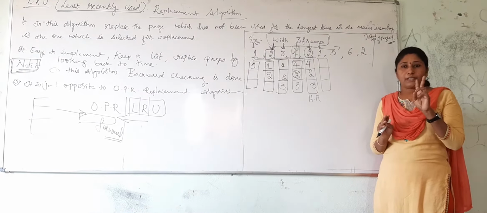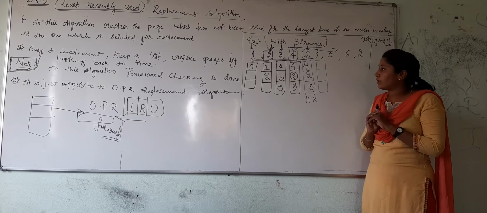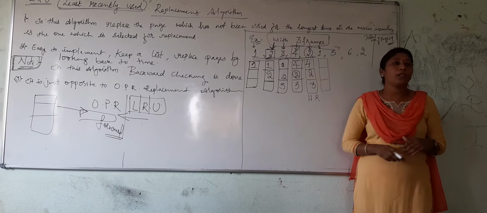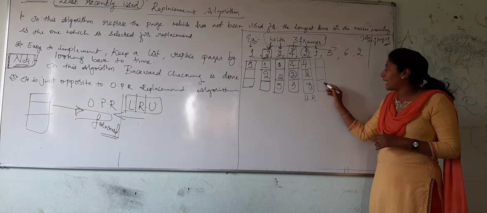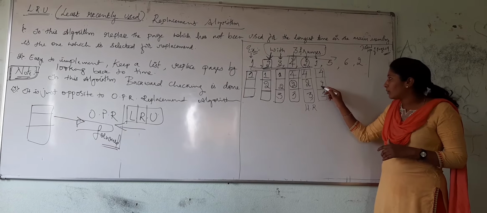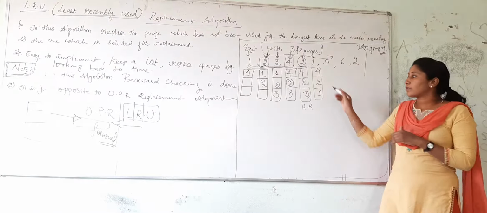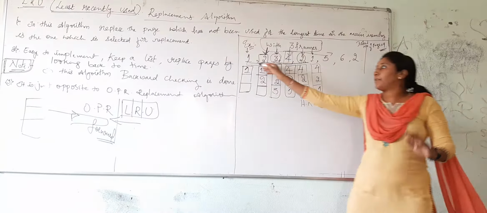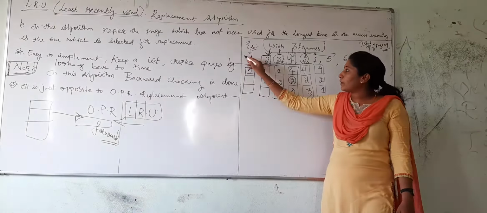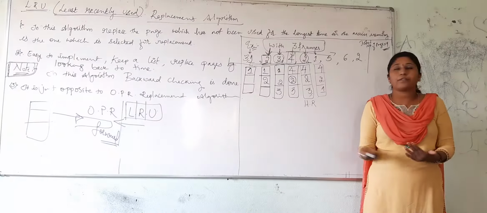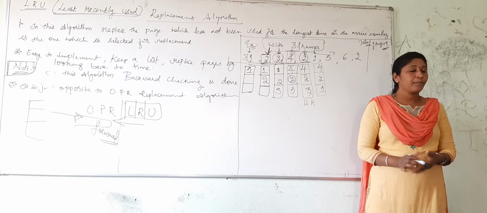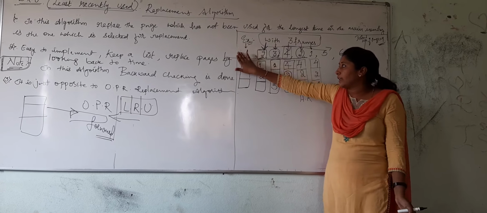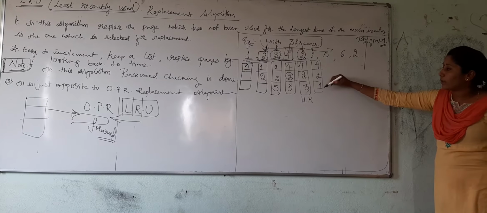There are 2 possibilities. Let me tell you. If I replace 2, what is going to happen here? 2 is appearing once again here, but 3 has appeared only once, right? Therefore, we replace 3 and place 1 here, and 4 and 2 are kept as they are. This is the page occurring twice, but this one is not occurring at all in the future in the backward direction. If 3 had appeared again here, we could have thought of replacing 2. We think in that way: which page is not used in the future in the backward direction, and we replace it and allocate 1 over here.